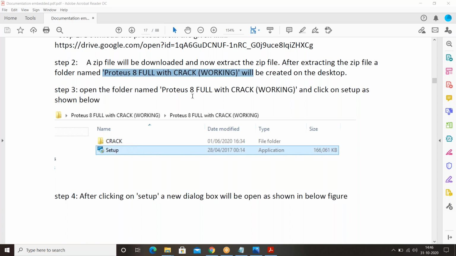Right click on the zip file, you'll get an extract option. Please extract the zip file.